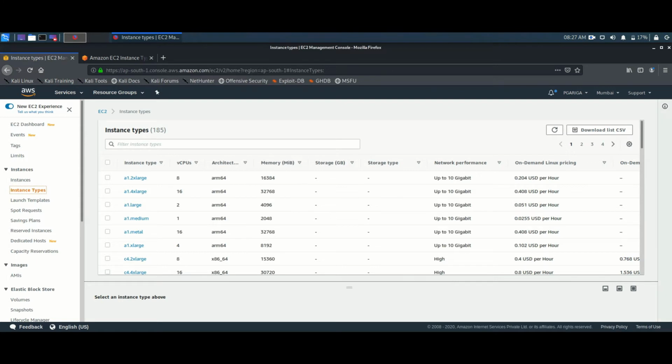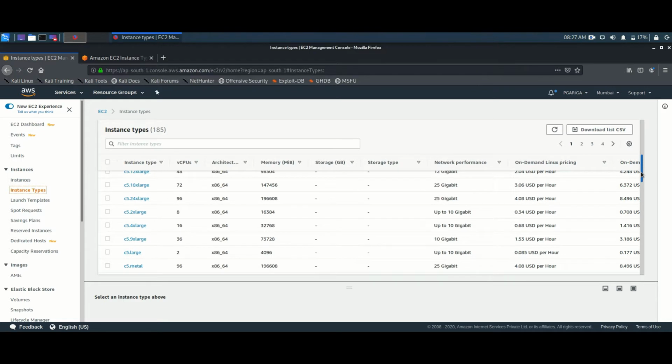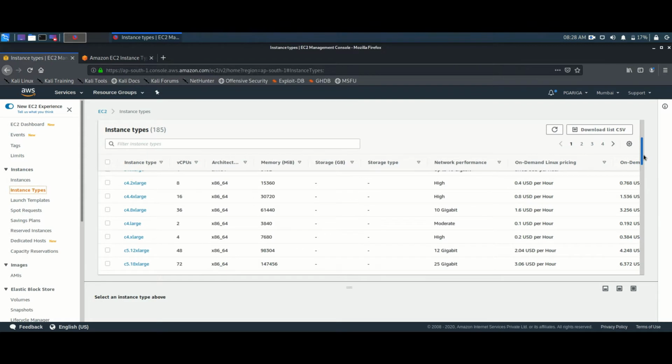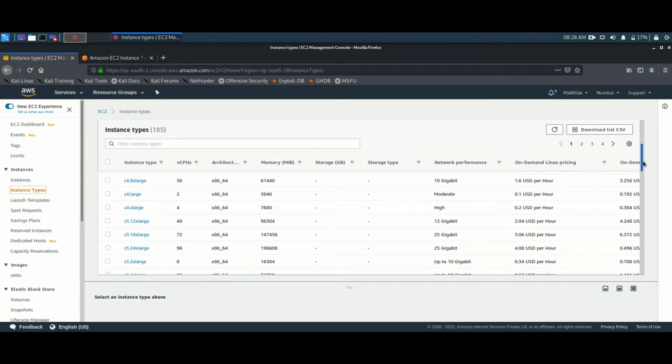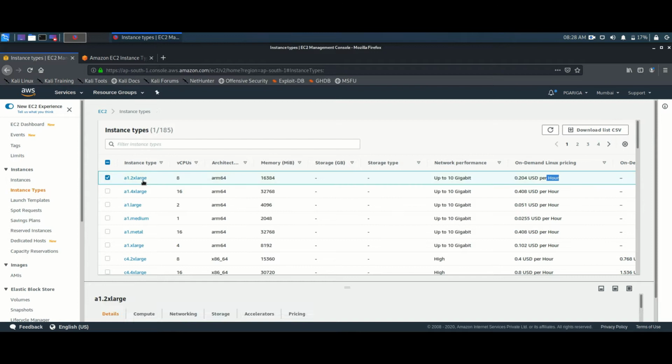So similarly we have a lot more options over here. Down you can see for each business requirement there is a different type of instance type. So as per the instance type, the business is being developed. So you can see here per hour the AWS has been charging us. So you can see A1.2x large which charges us 0.024 USD per hour. So this is per the hourly basis charge, and you can download a CSV file. If you download a CSV file, you will be having more clear details on this.